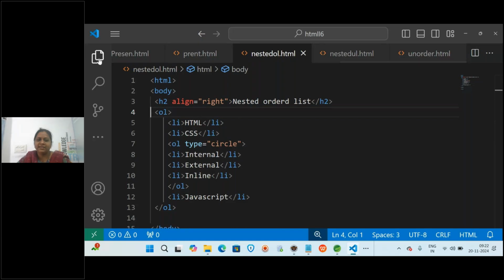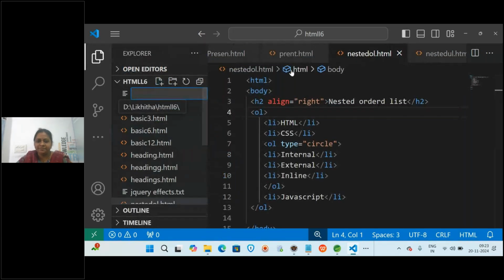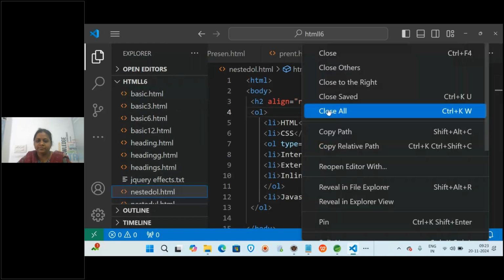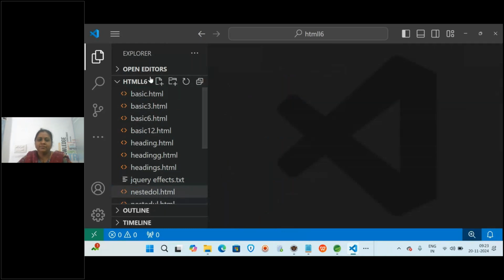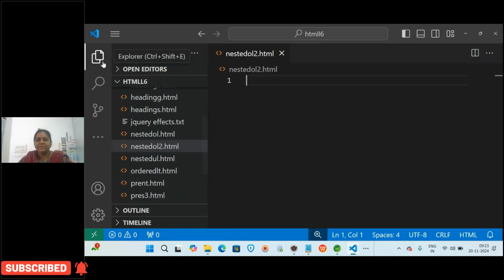Here I will create one more nested list. Once again, see, nested ordered list dot html. So you have to save with what? Dot html. So it has been created.